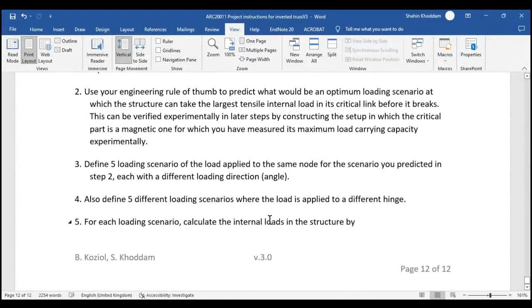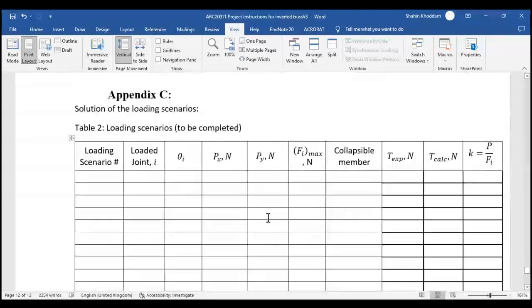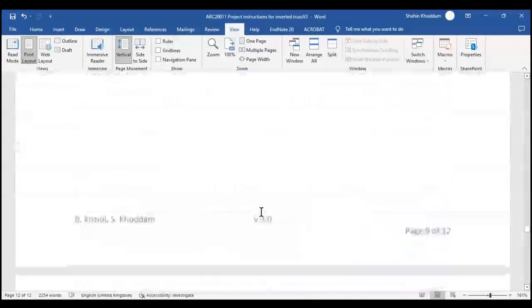The next step, after finding the optimum scenario, has to be conducted experimentally. Experimentally means the member with the maximum tensile load would be replaced by the magnetic member, and you have to find out what force breaks that member. You try that for the entire structure, and also the individual member you characterize separately through the specific